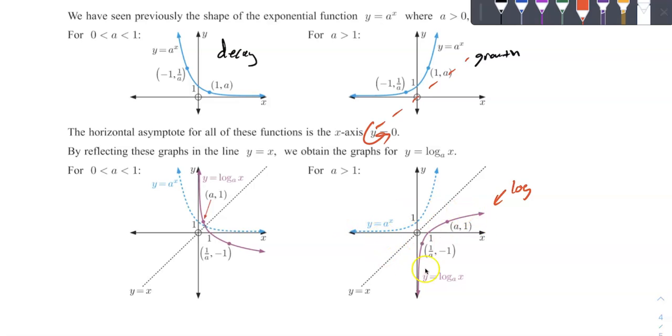This is the classic log graph you see, and then this is a log graph of a decay function. Notice how it's dying. This one's growing. You don't see this one as often, but still the same concept. If your base is less than 1 but greater than 0, it decays, and if your base is bigger than 1, it grows. Now again, this is the main one I want you to know, because this is the most common log